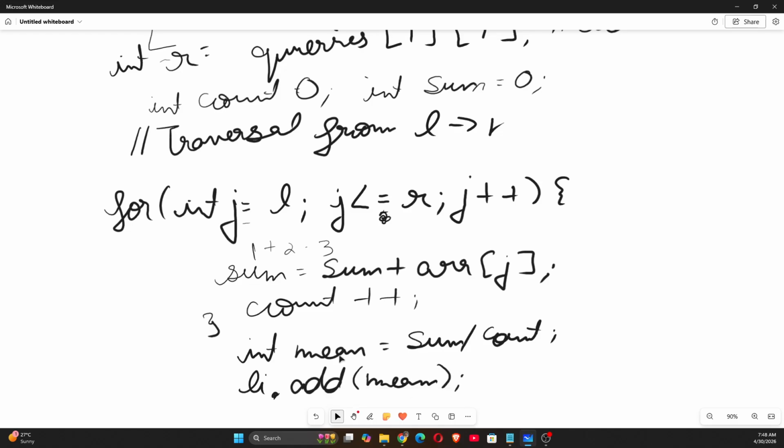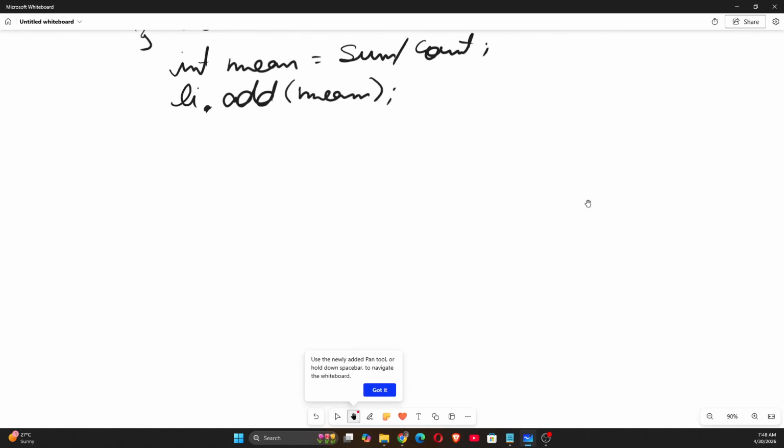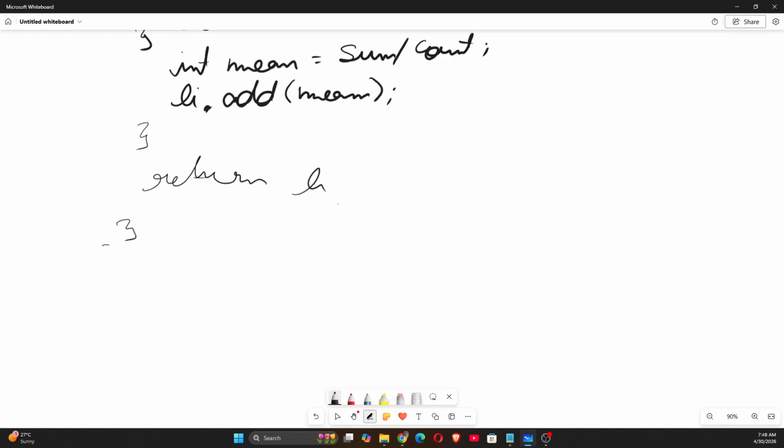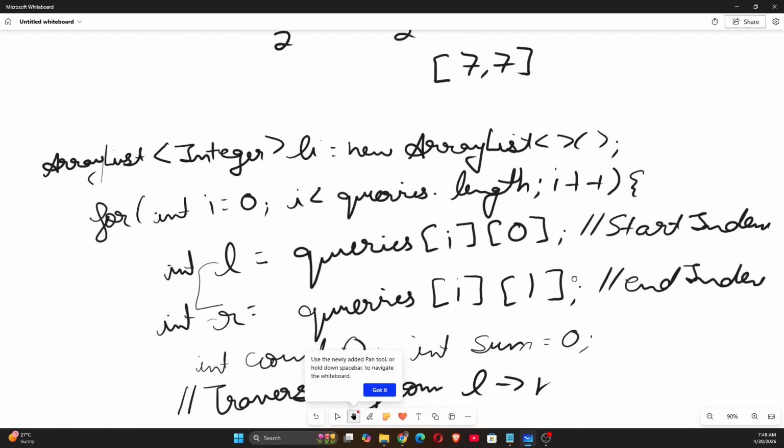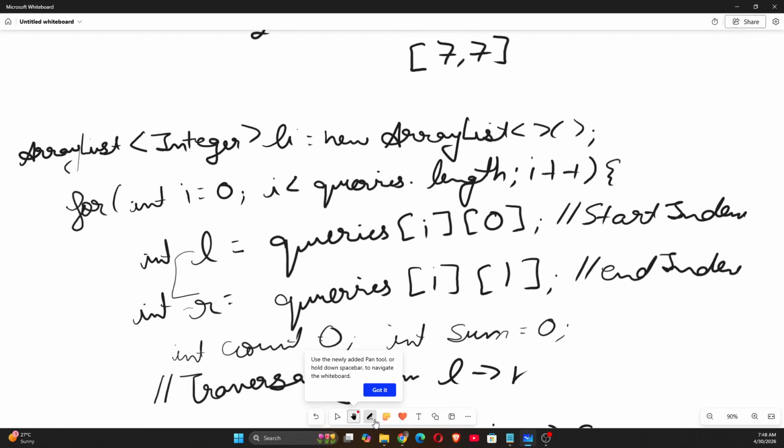And then I will just be returning the list. Okay, so this was the intuition of this question. If you want, I can tell you all the steps of what I'm doing here. First I've created an array list where I will be storing all the mean values and returning it. Then I've taken a for loop for traversal in the 2D array, which will go from 0 to queries.length. For the start index, which is L,